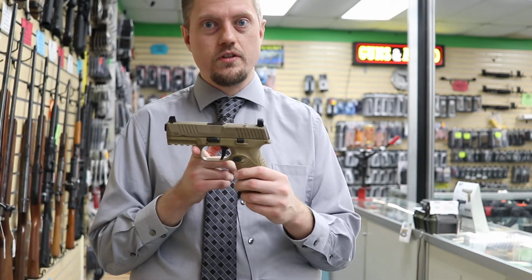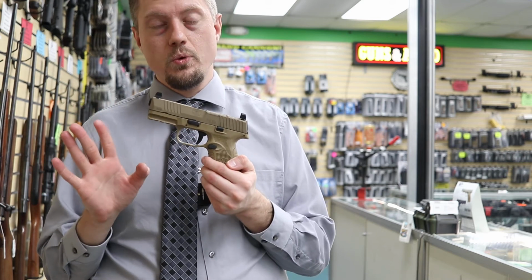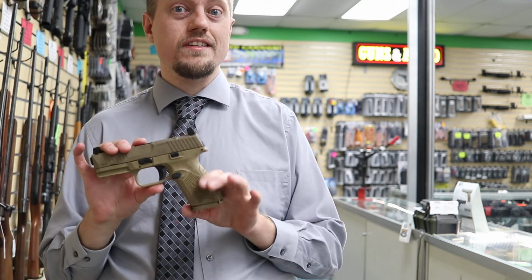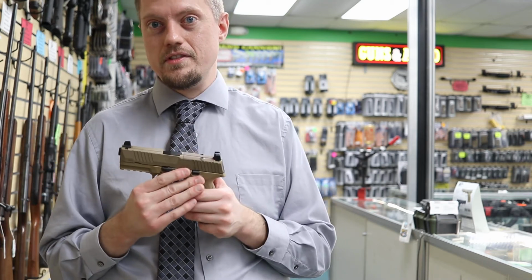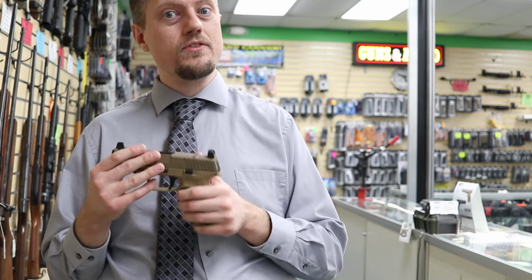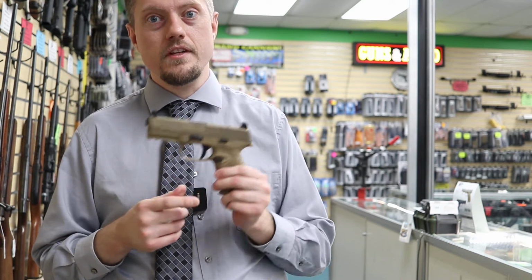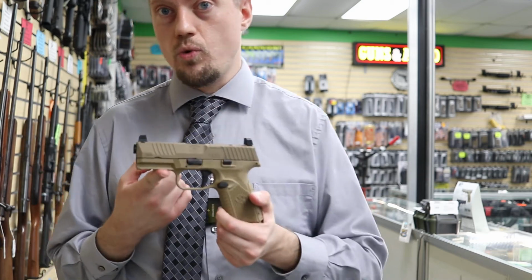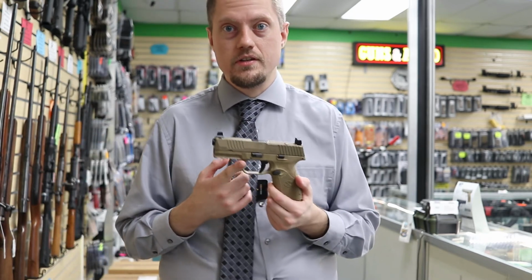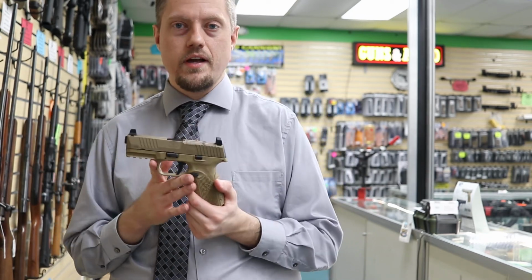If you're new to shooting or you're just looking for the upgrade, this is a good way to go. Only major issue with FN is their magazines. If you're not aware, FN magazines are going to cost you anywhere from $45 to $55 a piece, versus some of the other brands you can get them for $30 or $40. So just be aware, if you want FN, you're going to have to pay to play, but you will have a quality gun from a quality company that will definitely last you a lifetime. You will not have to worry about this gun going bad. It will last and